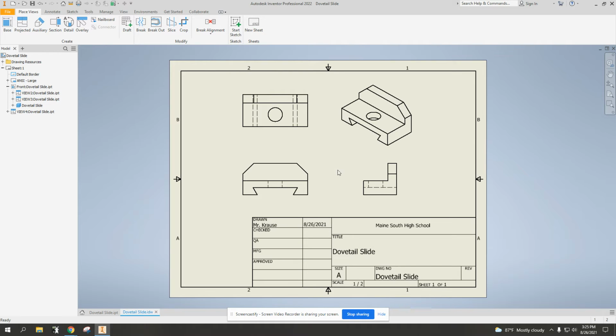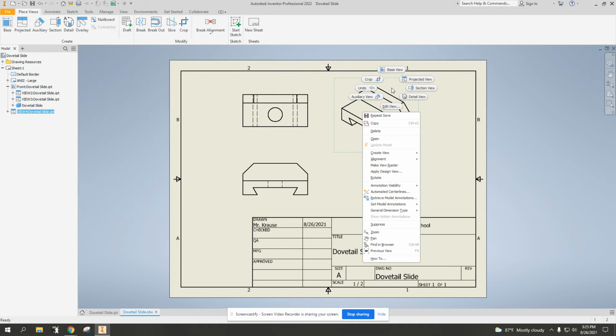Now, I have a hidden line version here, a hidden line version here, a hidden line version here. So the front, top, and right side views are hidden line. But now I might want to take this 3D view and make it look, I don't know, more realistic. So I'm going to go inside this view and right click, and we are going to go down to edit